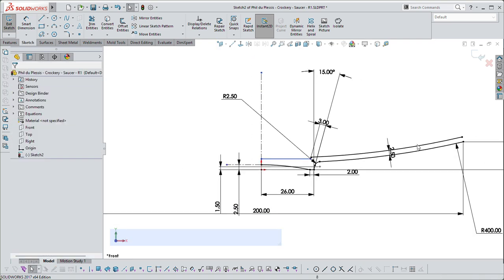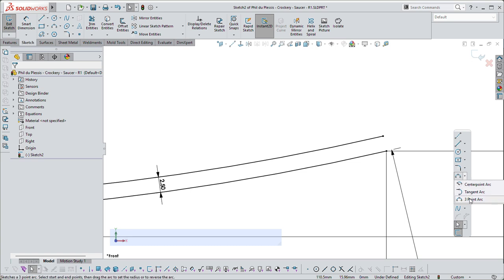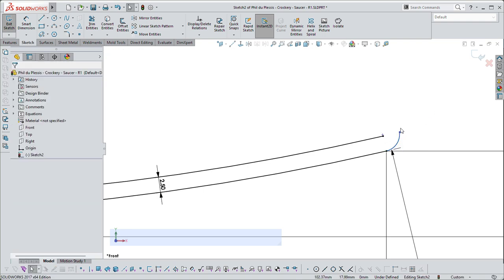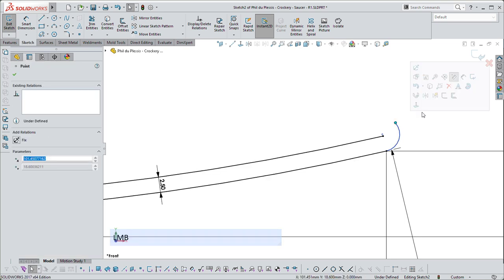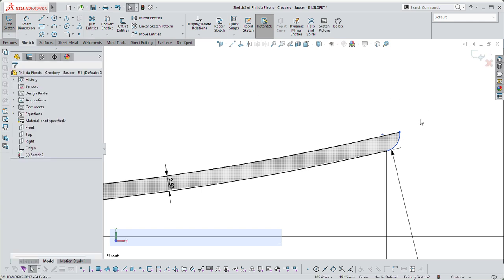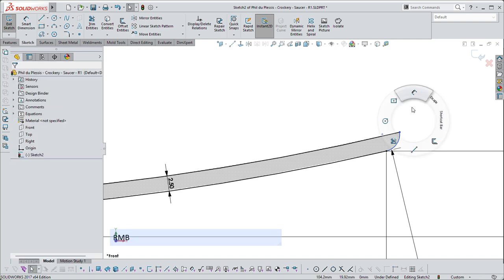That's one thing there. And here we can either do a tangent arc from there up to there. That looks good. Let's just get that to go around. Going to power trim to that point. Yeah, I think that's good enough. I mean, if you do something like this, I'm happy. It's not ideal, but it's